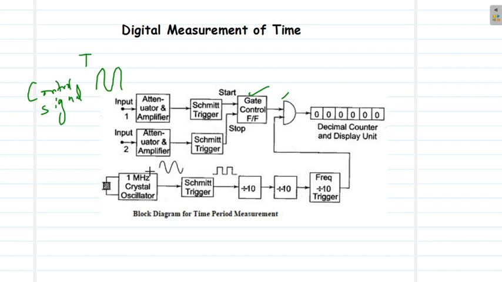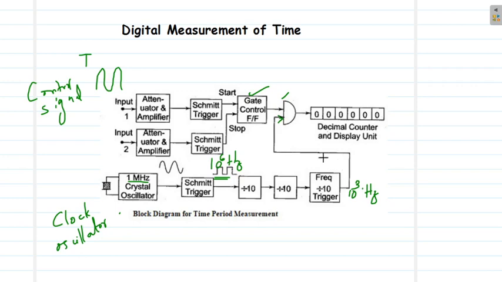And here we have a fixed crystal oscillator, also known as the clock oscillator, which produces a 1 megahertz frequency signal. The frequency is fixed. And we use a Schmitt trigger to change this sine wave signal to corresponding pulses of the same frequency, that is 10 raised to 6 hertz. Now this frequency will be scaled down by suitable factors of 10 or so. So here we will have a 10 raised to 3 hertz signal, 1 kilohertz signal, and that is getting fed into the main gate, the AND gate.